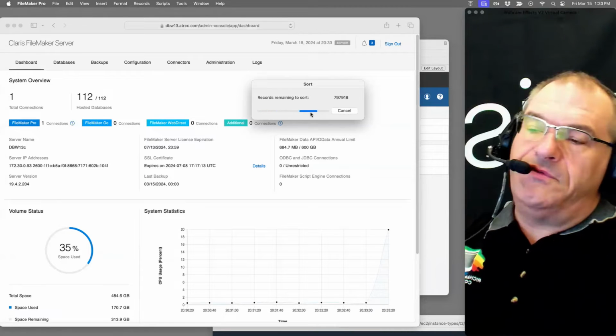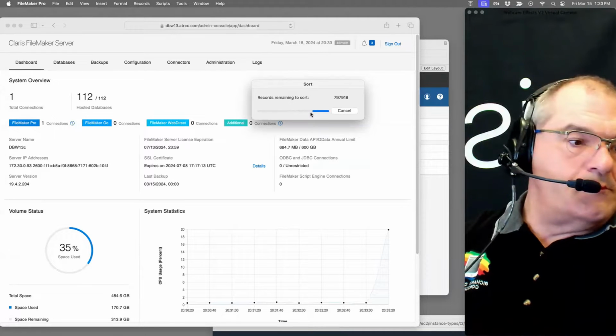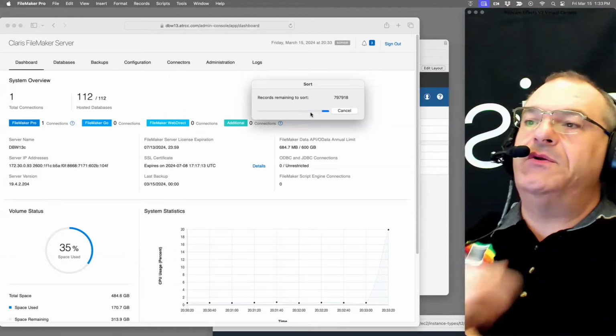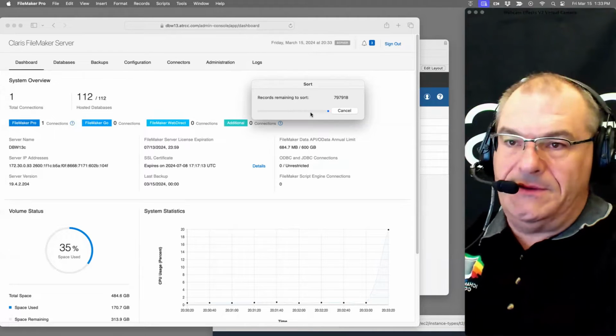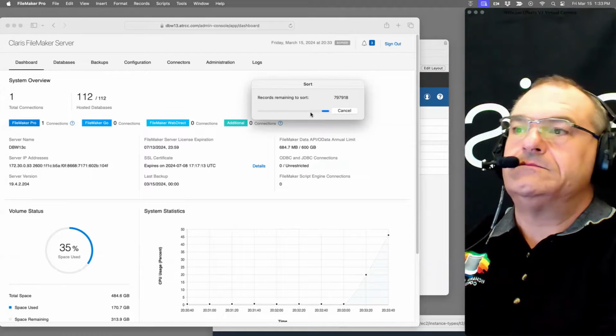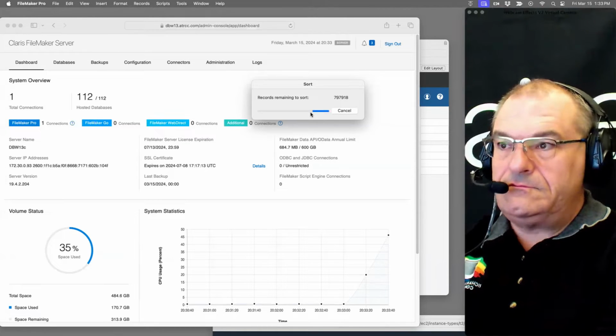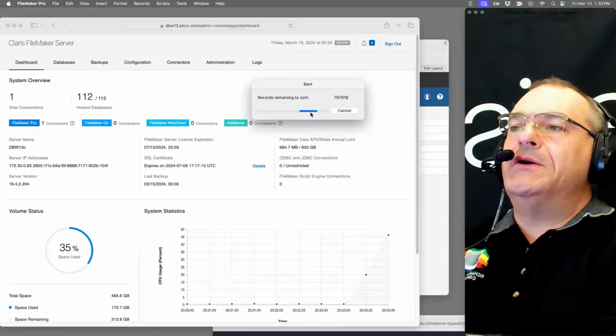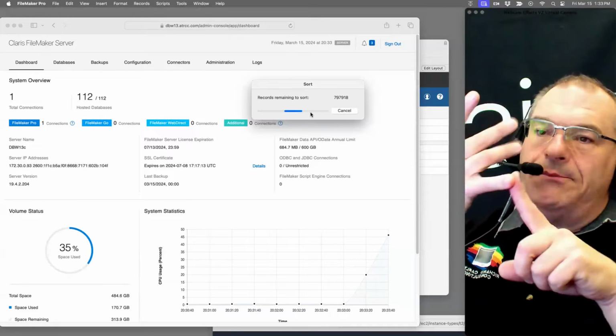And now there we go, now it's doing its stuff. So this is plan B. What happens when you add new records into an existing sort? Like you've sorted it and then you're adding records. Does FileMaker re-sort it every time? Plan A is that